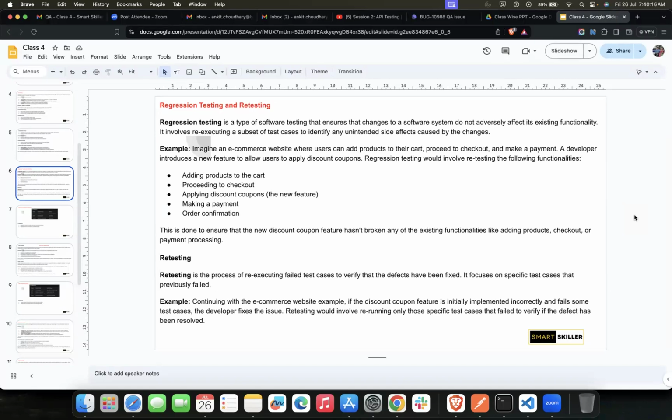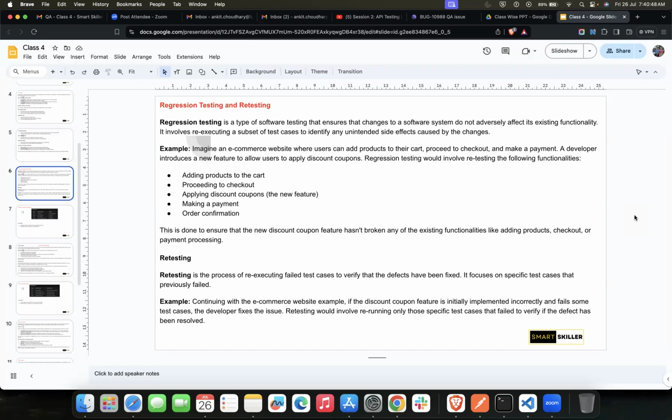We run our regression test cases, the entire script, and we find two issues. First, the Google login. Second, on clicking the settings icon at the bottom of the home page, the application crashes. These are the two issues we found after the introduction of new functionalities.